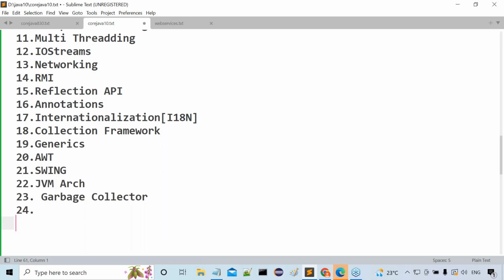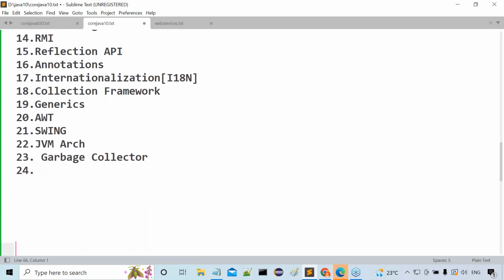Observe carefully, guys. From this point onwards, what I'm going to discuss is Java 8 features. A number of features are available. Of course, up to the 23rd topic also, Java 8 version concepts will come. But if anything is missing there, all the Java 8 new features will be discussed here.